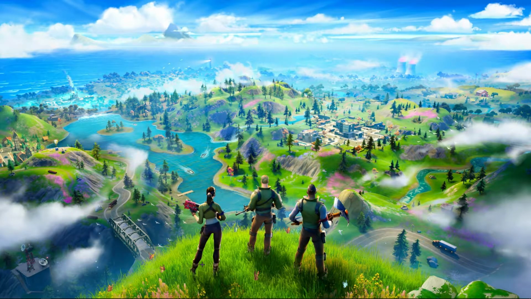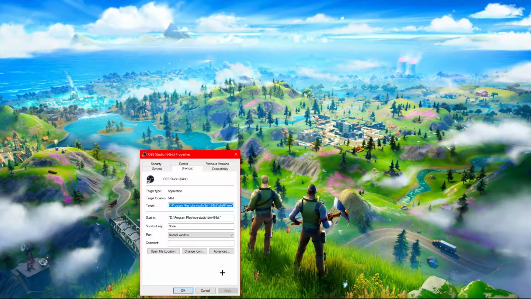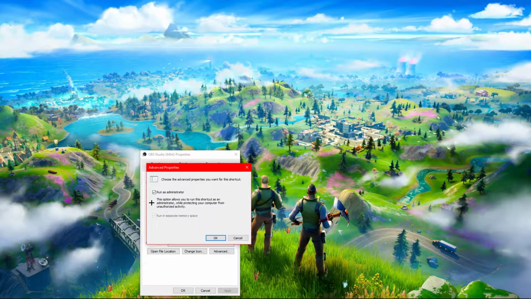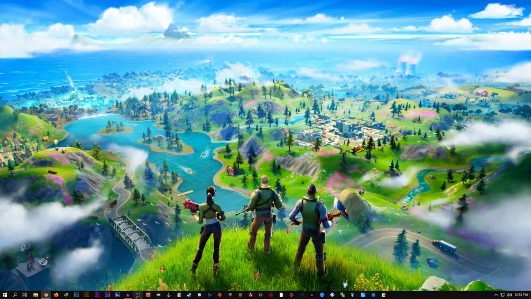So what you want to do is go to wherever your OBS is stored, right click on the icon, and then go to properties, go to advanced and enable run as administrator. Hit OK, hit apply, and then hit OK again. Now run your OBS,